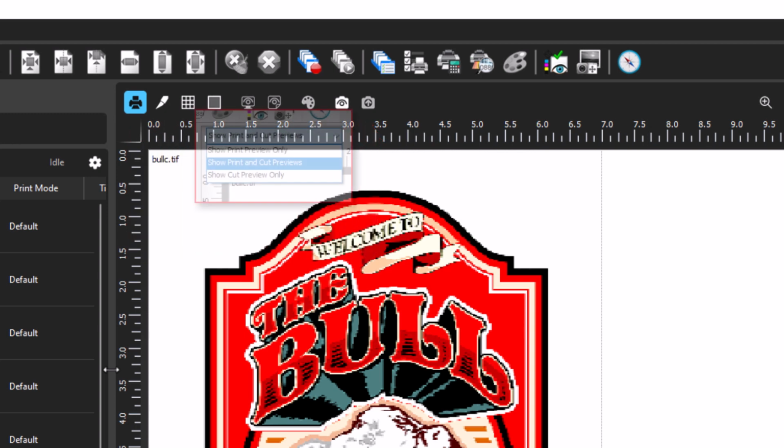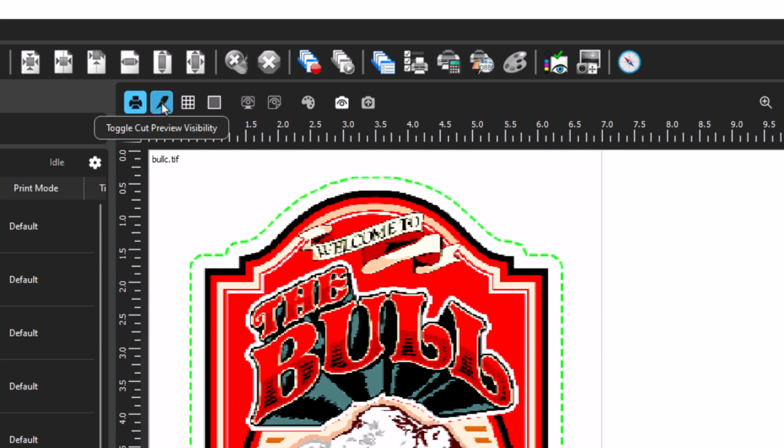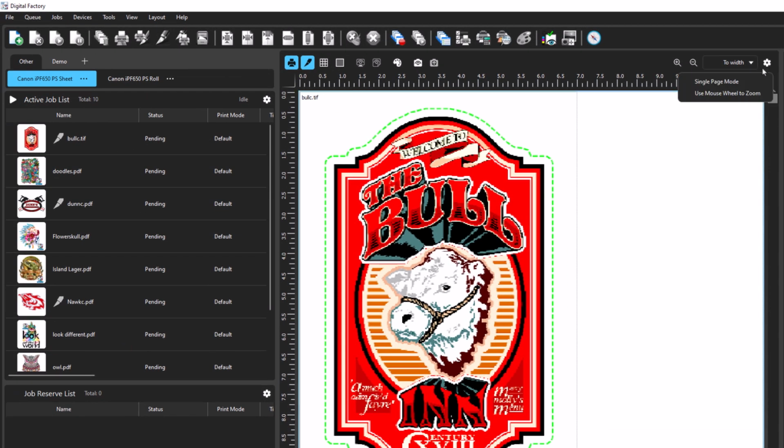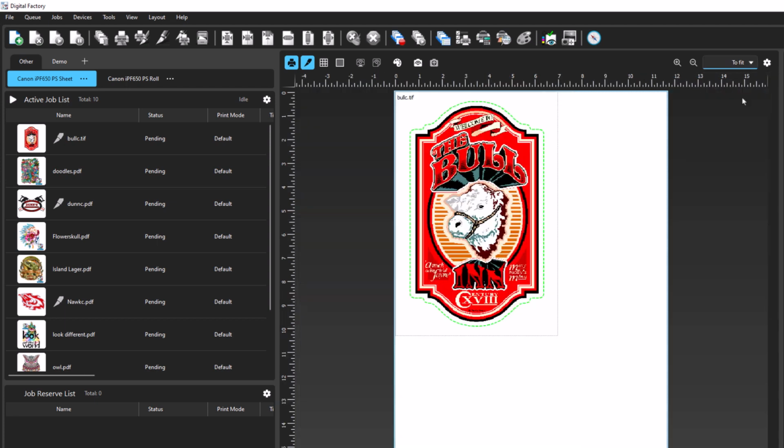The print and cut preview combo box has been replaced with two toggle buttons, one to show the print preview and the other to show the cut line preview. There are new tooltips that support a description area when you hover over an icon. The preview settings icon on the right allows the user to quickly change the preview to single page mode for fixed sheet media. The to-fit zoom option in the zoom level dropdown will accurately fit the single page to the